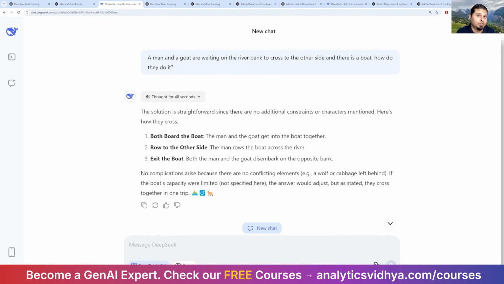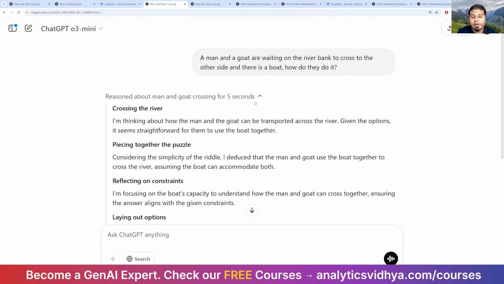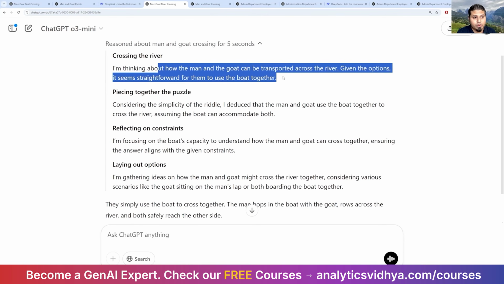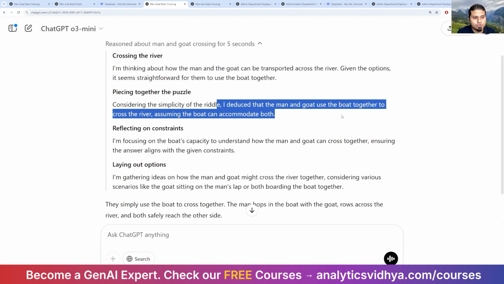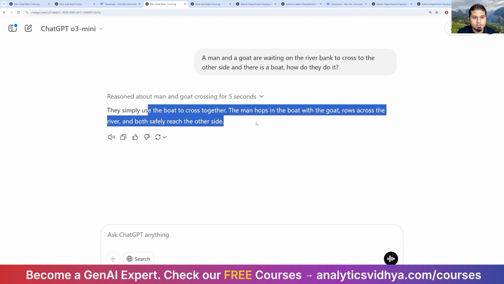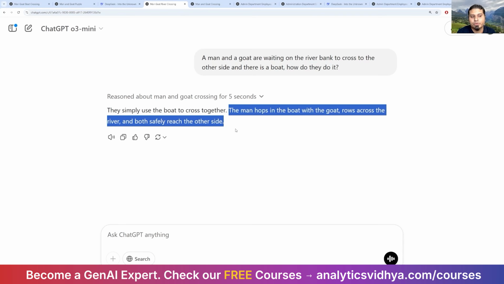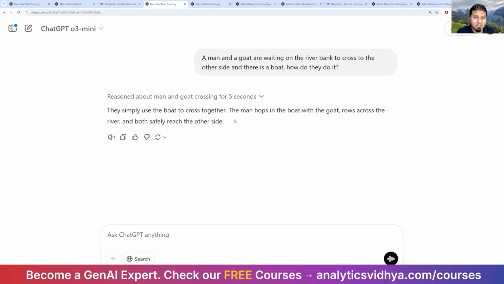Now let's see how the o3-mini model fared against this problem. So I'm in ChatGPT with the o3-mini. Same prompt, a man and a goat are waiting to cross with a boat. And you can see it just reasoned for only 5 seconds. It is a straightforward option. The man and the goat use the boat together and cross it. And that's it. That's the answer it gives us. It doesn't think about the wolf, the cabbage, things which are not even involved, and it gives the straightforward answer. So o3-mini probably did the best, giving us the answer in almost real time,